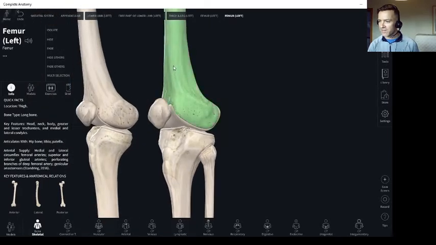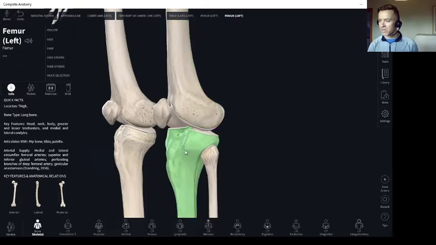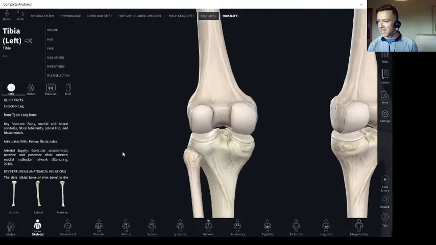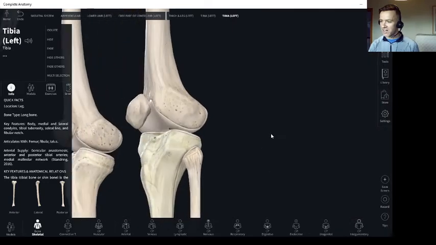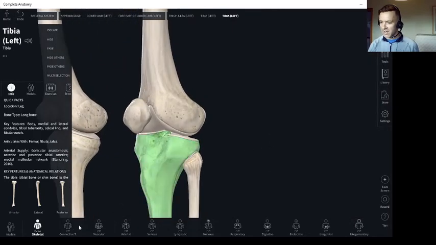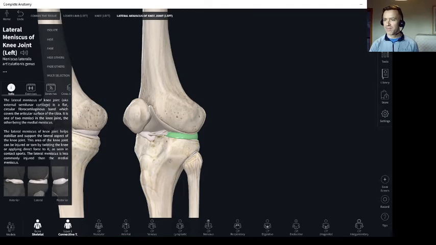So we see where the femur, the long bone of the thigh, meets the tibia, the long bone of the lower leg, the shin. And we see where the two surfaces meet, have the cartilage layer there. And if we start to add in our connective tissue, what we've got there is our lateral meniscus of the knee joint. So if we just look at that on its own,